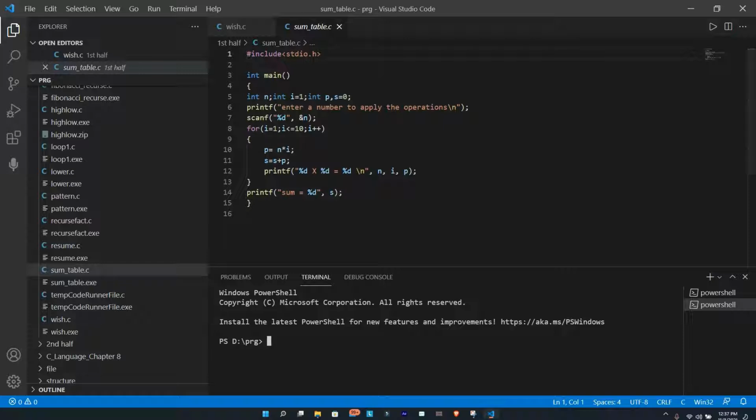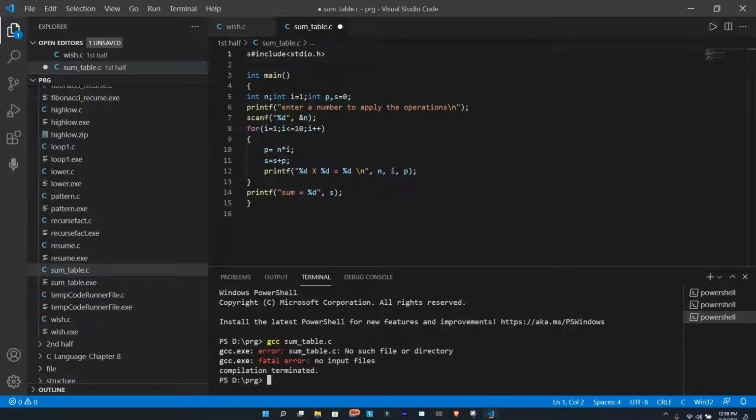But now here I want to explain an error, a problem which comes, and which is really an important thing. So now only I'm saying that it will throw an error. So the format to run using GCC is, you have to type GCC after opening a new terminal. Just go to terminal, new terminal, GCC, and the name of your program. So mine is sum table dot C. So what I will do, I will type sum table dot C. So what's happening here, it's saying that there is no such file in the directory.